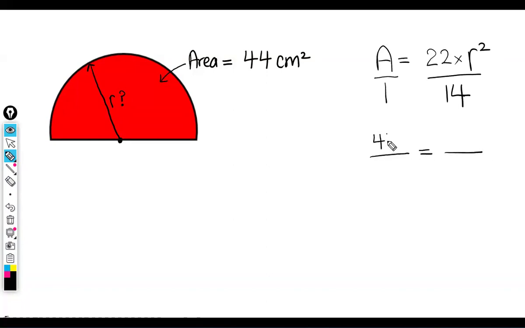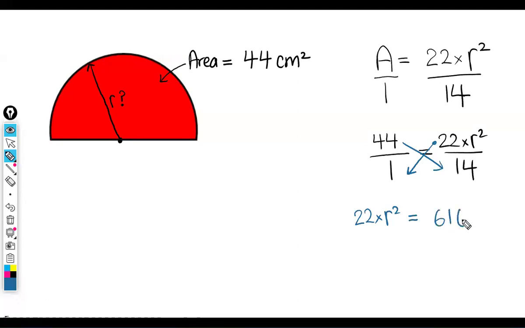The area is 44. And we don't know the radius. So it's time to cross multiply as usual. Cross multiply this diagonal first because the R is involved here. Anything multiplied by 1 is itself. So it's 22 multiplied by R squared. 44 by 14